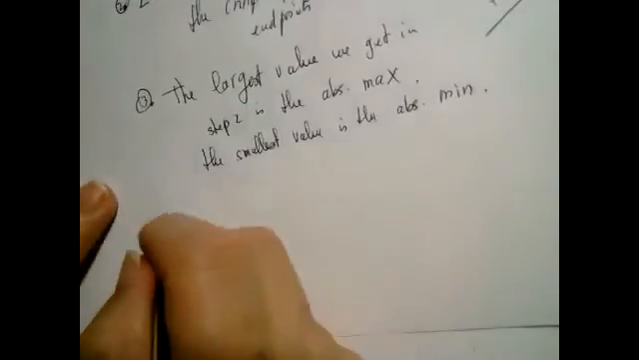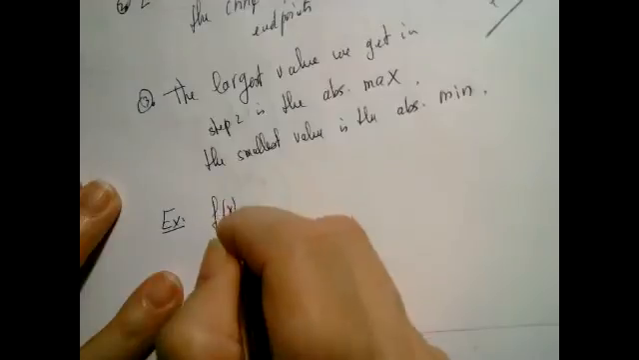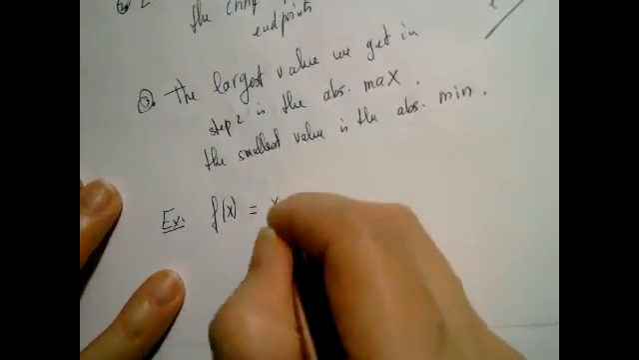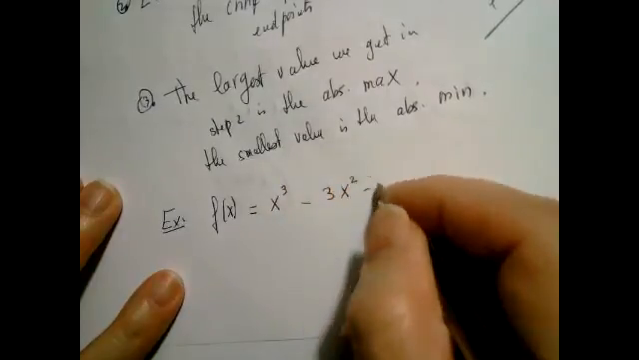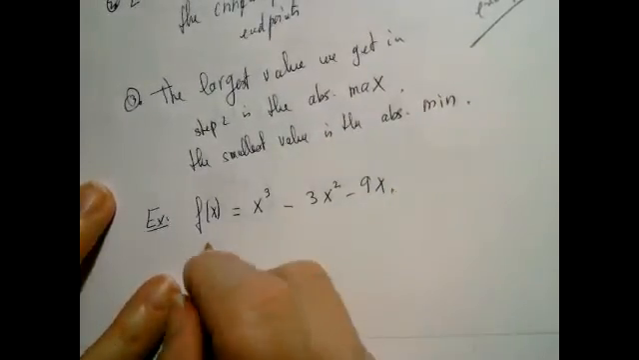So this is my process. So the first example. Let me take the function f of x equal to the following: something like x to the power 3 minus 3x squared minus 9x. That's my function. And the question is find